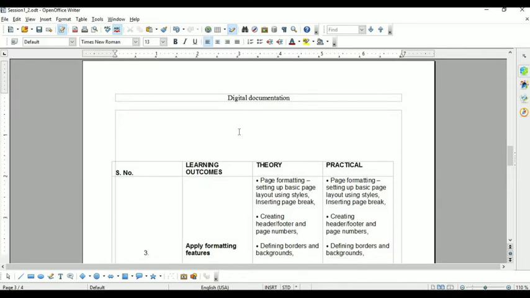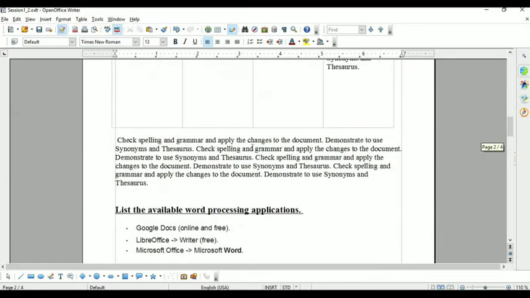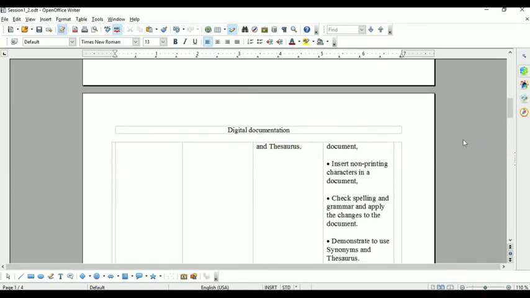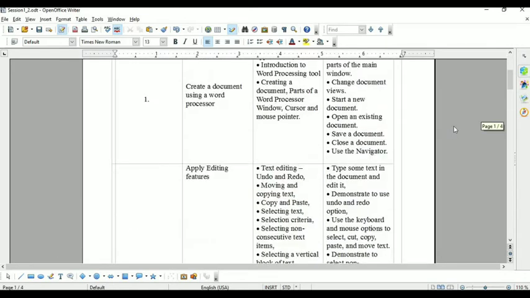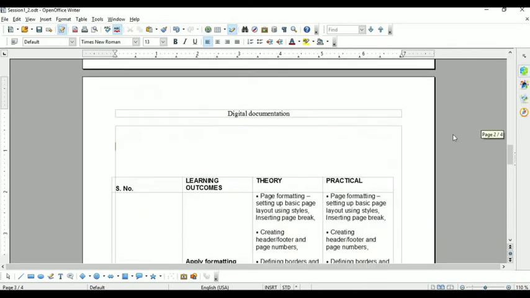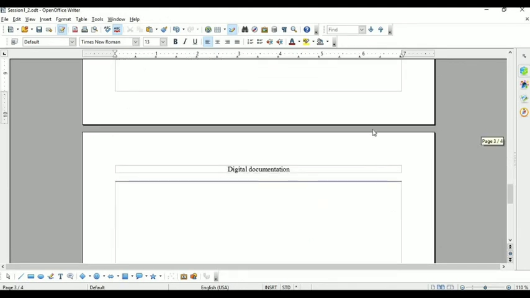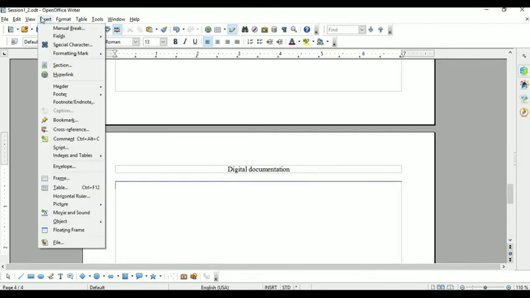Now you see here, once I insert the header on page number 3, it will appear on every page. See, this is page number 2. Clear? Now page number 1 also. Page number 1, page number 2, page number 3, page number 4. Means the header always appears at the top of the page. Once you have written your header on a single page, it will appear on every page of the same document. Is it clear? Similarly, you can insert a footer in your document.